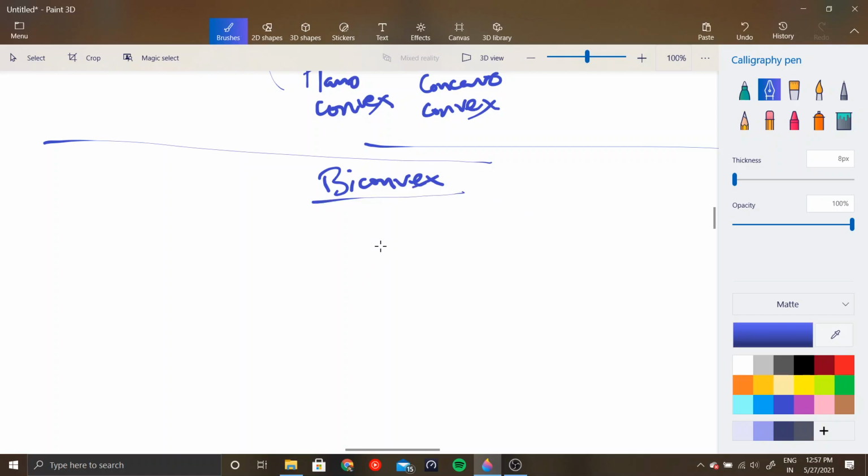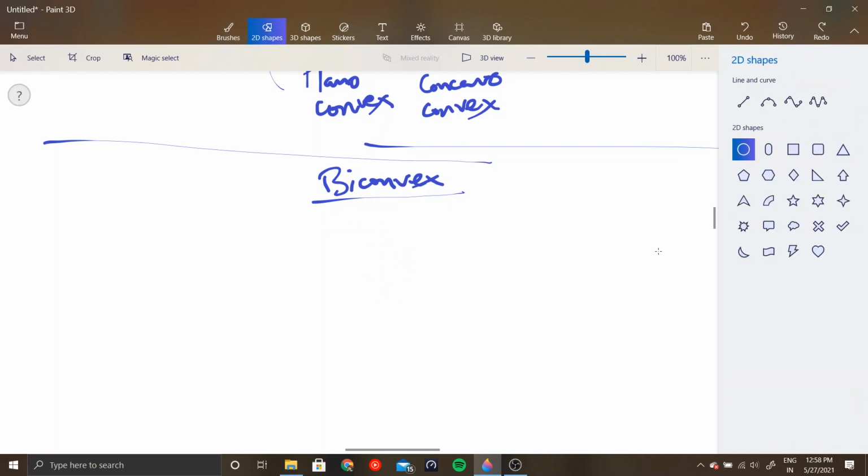What is a biconvex lens? Let's try and draw this first. Okay. So this is more or less a biconvex lens, right? Now you can see that these are actually, if I draw like this, these are actually made out from two circles, right? This will be better if I could actually draw two circles and then from there extrapolate. Okay. So you have one circle like this.